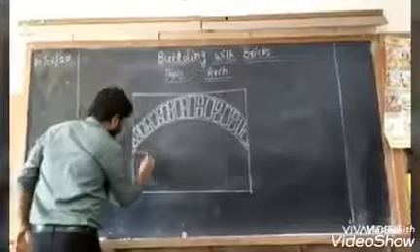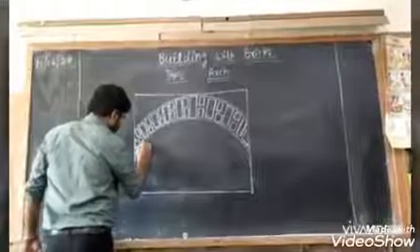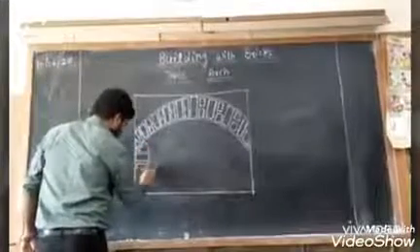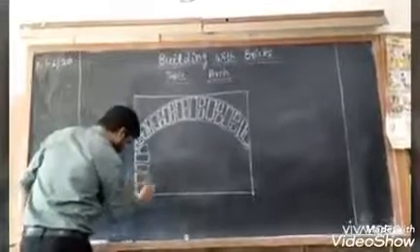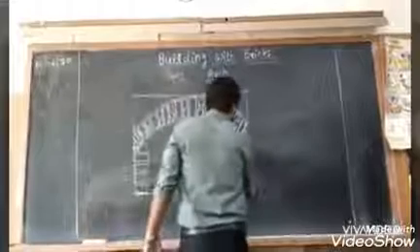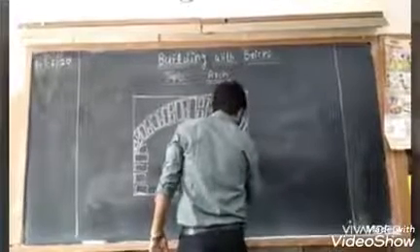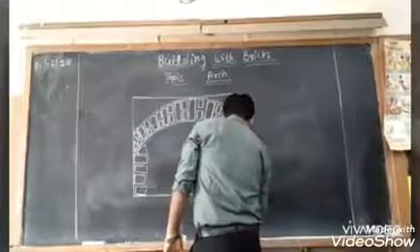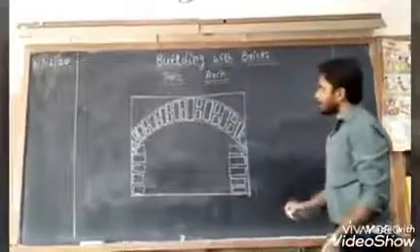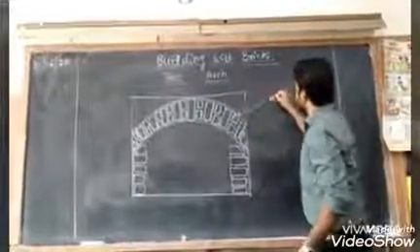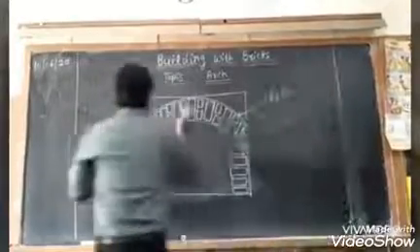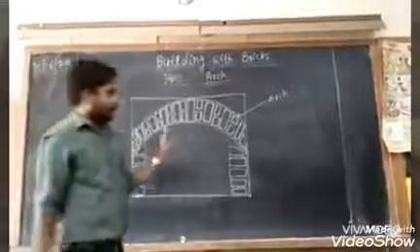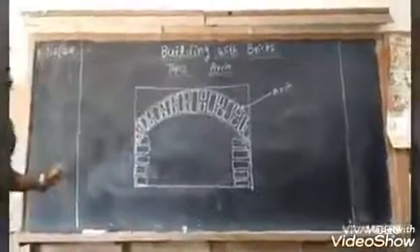Now as we discussed earlier, an arc is a curved shape, the curve of which is supported by two straight sides. So I am making two straight sides here with the help of bricks. So in this arc the pattern is most important. This is an arc, and here you can see the brick pattern. You can use your own brick pattern also.